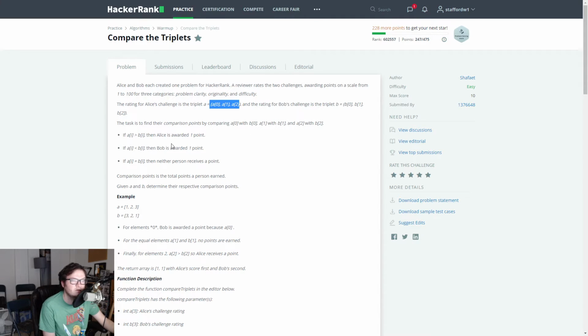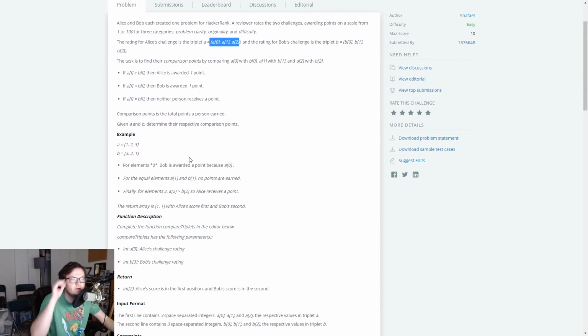If A is greater than B, Alice is awarded 1 point. If B is greater, Bob is awarded the point. And if they're equal, neither person receives a point. Comparison points is the total points awarded. Given A and B, determine their respective comparison points. For element 0, Bob is awarded a point because A0